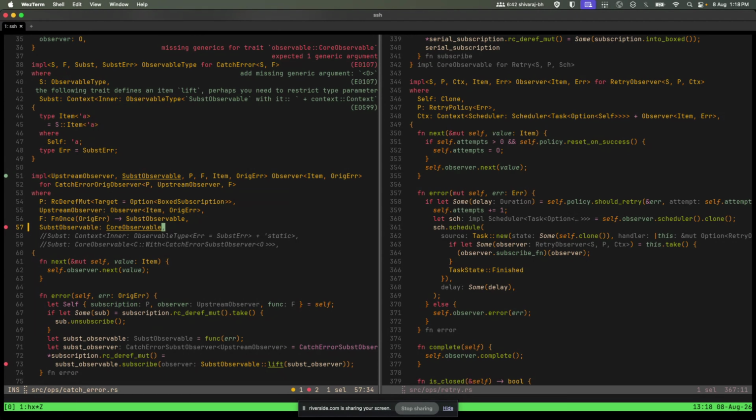It should be core observable of context with self. No context, so